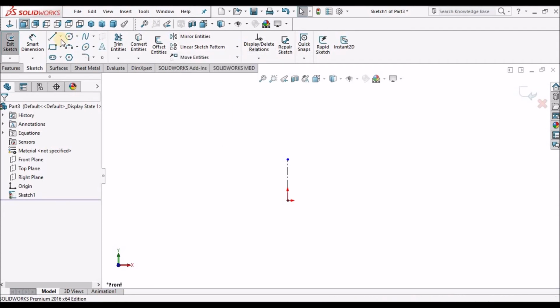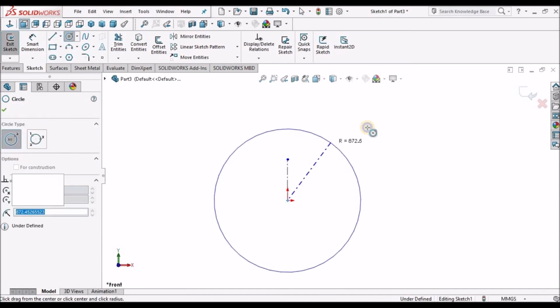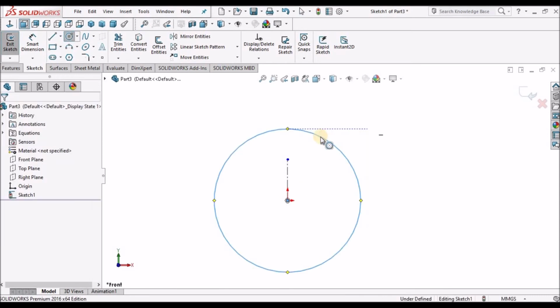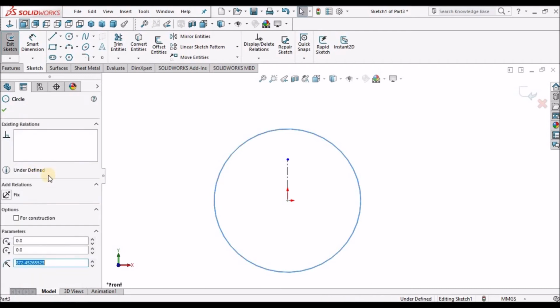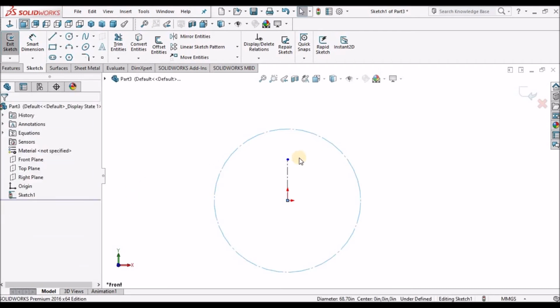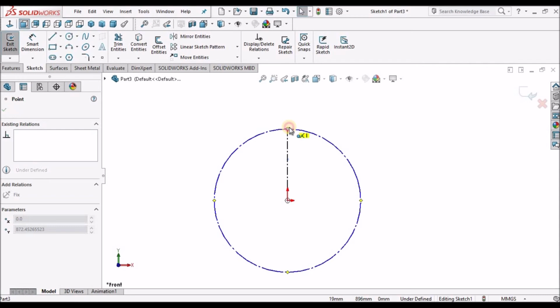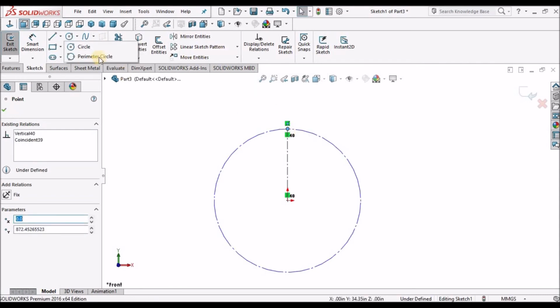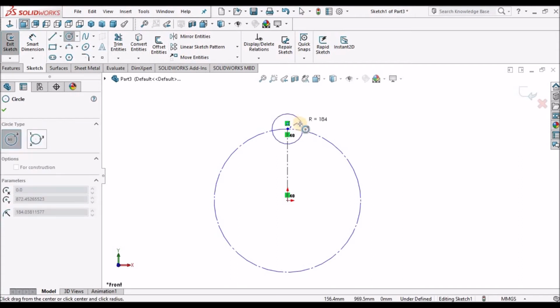So we have one more option, circular pattern. I'll take a circle and make it construction, and I will draw one circle. We mostly use this option for flanges.